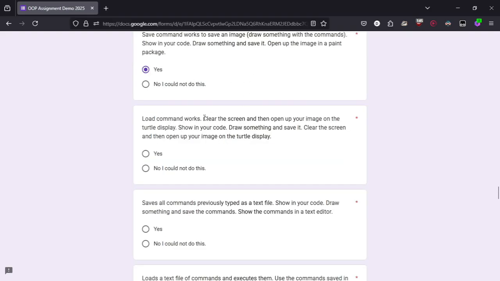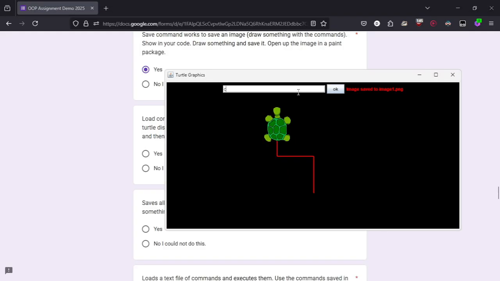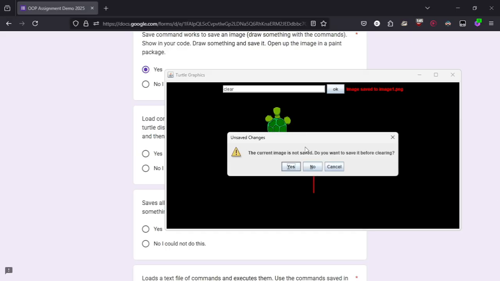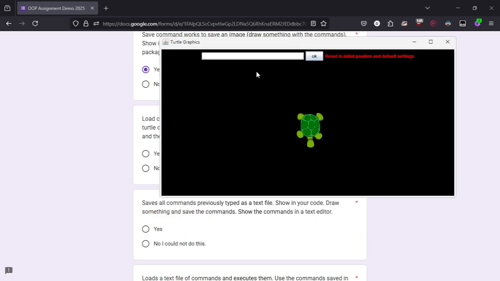Load command works. Clear the screen and then open up your image on the turtle display. Show in your code, draw something and save it. Clear the screen and then open up your image on the turtle display. So I can do that. If I try clear, and then reset the position, let's load the previously saved image. So if I type load image,